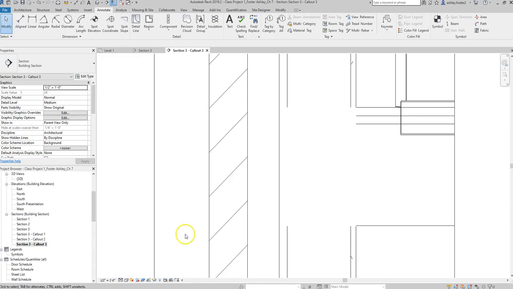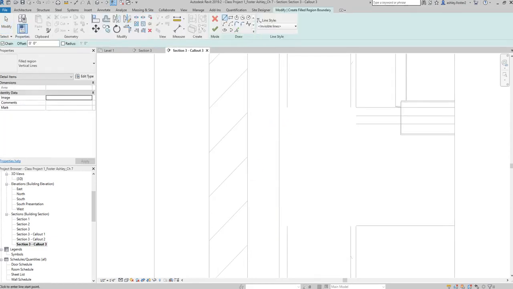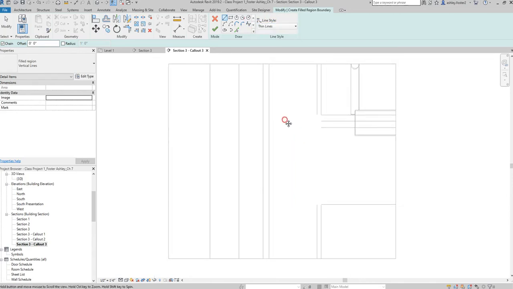So go to the Annotate tab, and then under the region icon again, we'll select that drop-down arrow and click the Filled region. And at the top on the ribbon where it says Line Styles, do the drop down there, and we want to choose Thin Lines right now for this next box. Alright, and then choose the rectangle tool,